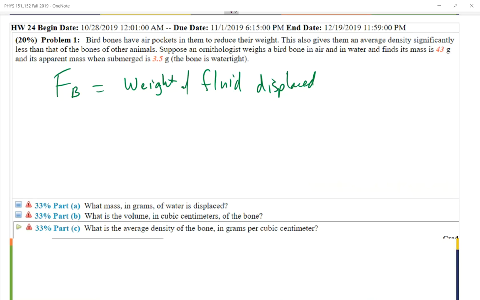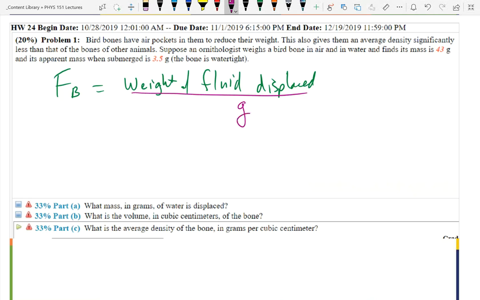Just like we did a moment ago, how do I go from weight to mass? I divide by G. So the weight of the fluid displaced divided by G is going to be the mass of the fluid displaced. But the force buoyant divided by G is the difference in those two apparent masses, just like what we did in lab. The force buoyant is mg minus the apparent mass times G. So if I divide those by G, it's just the difference in masses. So this is